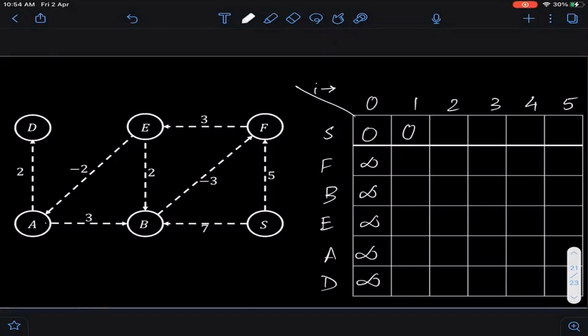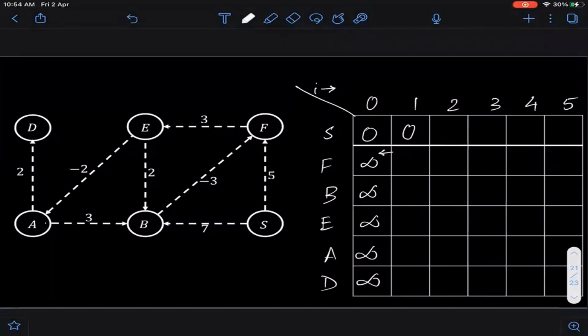Okay, so which case of the recurrence will I take if I want to reach 5? Clearly it's the second case, because the first case is infinity. If I just want to inherit the column which is on my left, that gives me infinity, but now I have a finite value for the second case. In particular, which is the edge that is responsible for this 5?